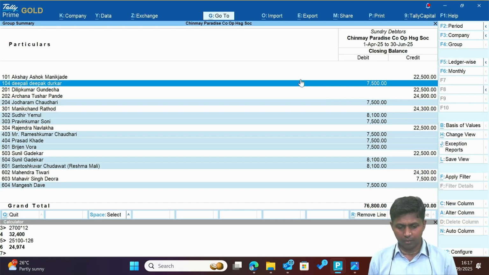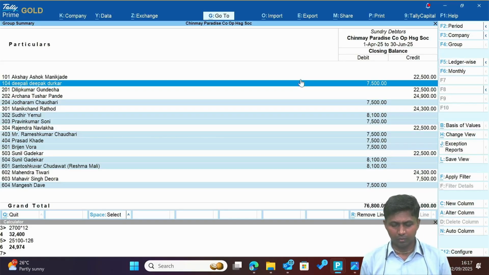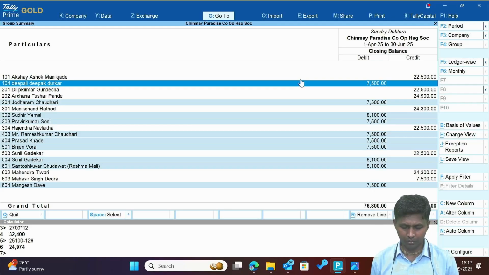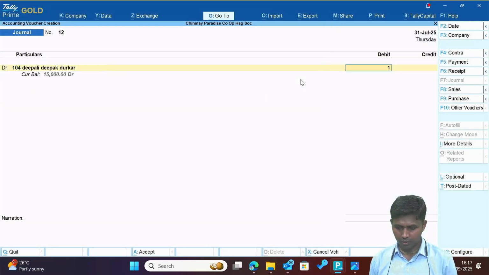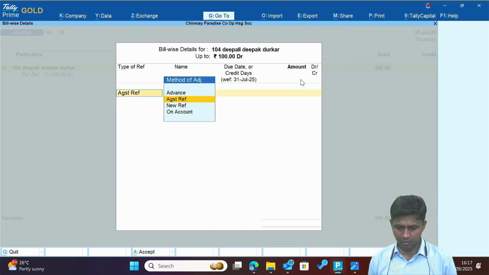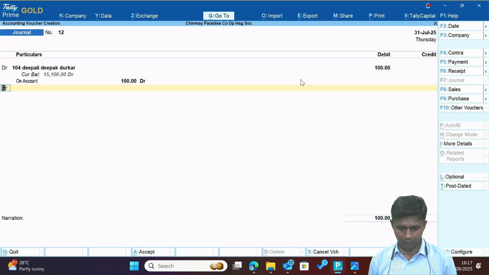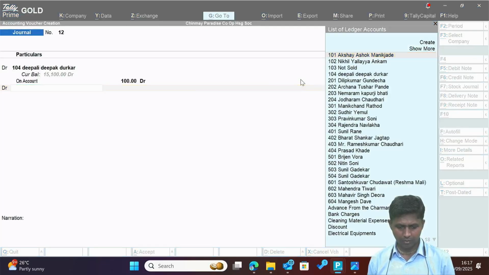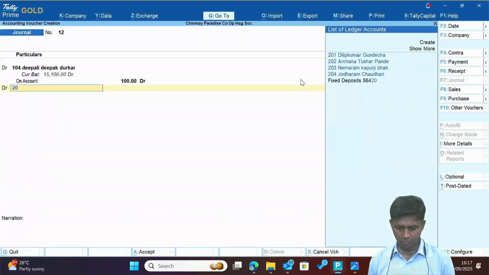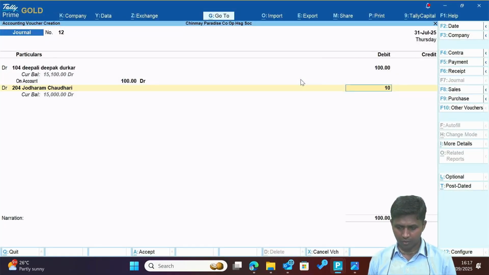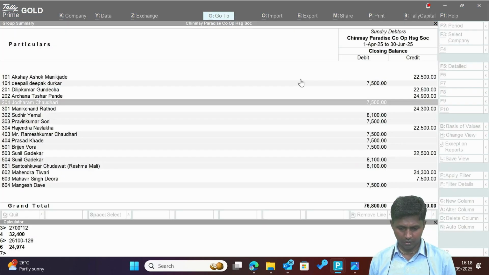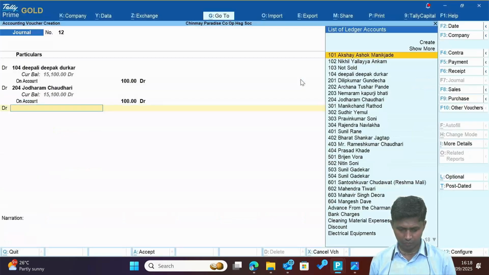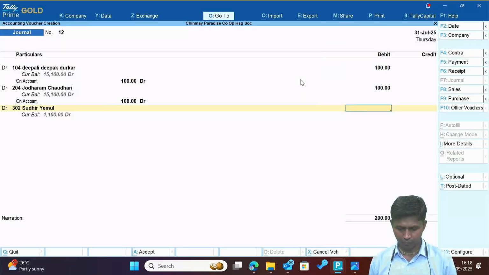And you have to increase the due balance of the members by rupees 100, therefore you have to give debit to all members. 104, first 104, 100 rupees, then after that next debit for 204, 100 rupees, then after that next debit for 302, 302, 100,